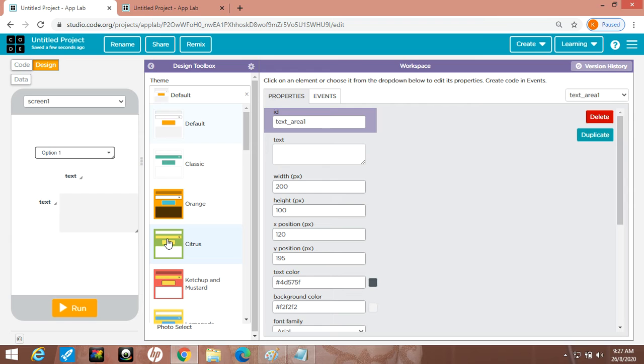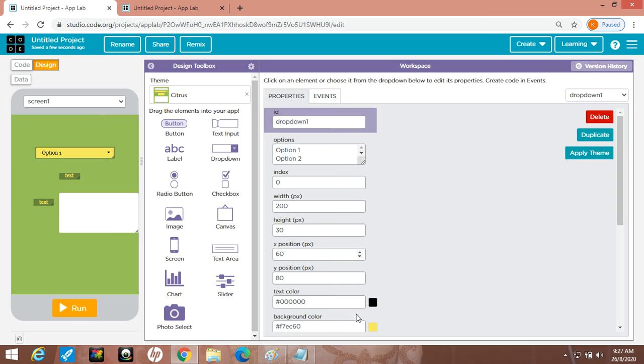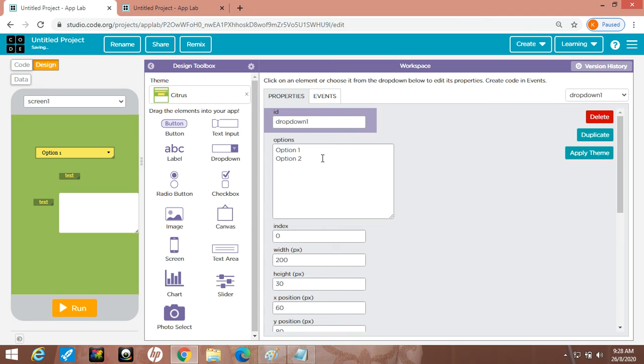I want to choose a theme. Suppose I am taking citrus here. Now click on this drop down. The properties will appear on the right hand side. The ID is dropdown1. There are options, and you can stretch these options from here. You will write choose size.